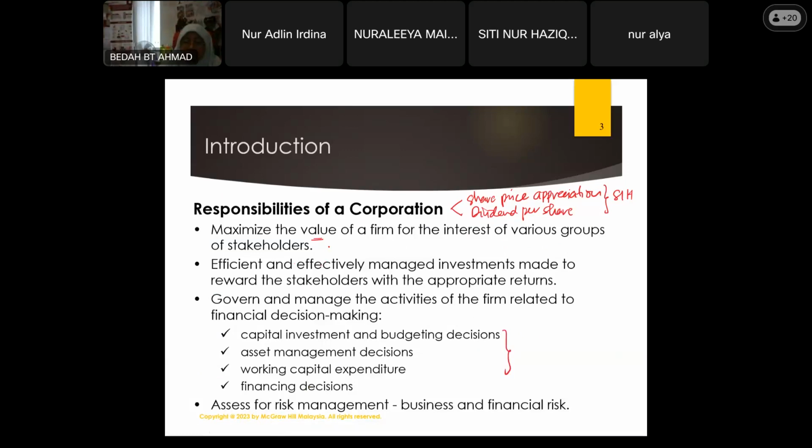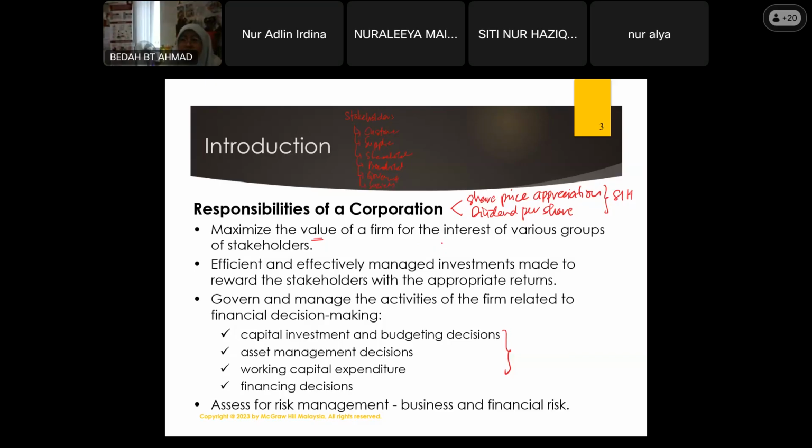All right, in a company there are so many stakeholders. That is the next subtopic. The stakeholders of the company consist of customers, suppliers, shareholders, bondholders, and inclusive of the stakeholders also the government. Then the society can also be part of the stakeholders. So we want to maximize the value of the firm.